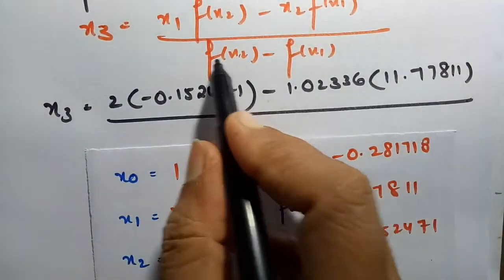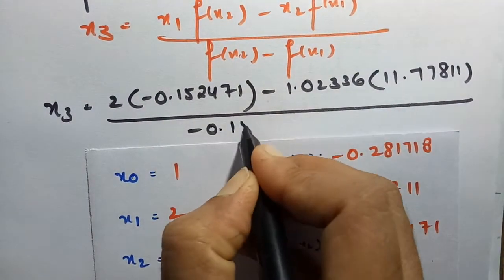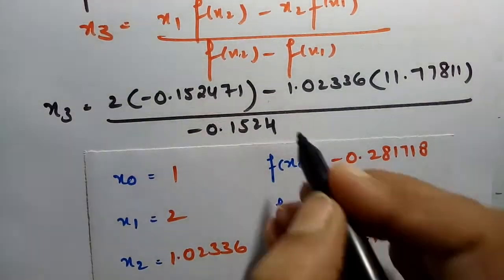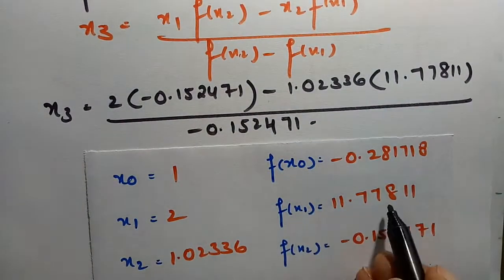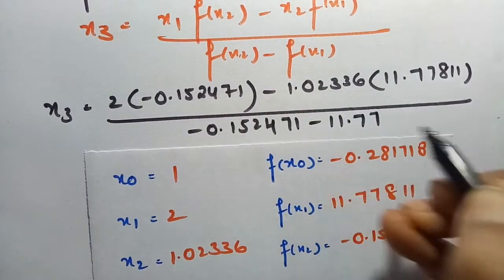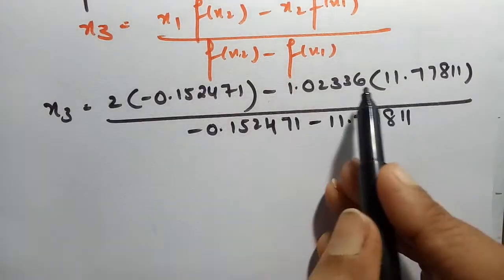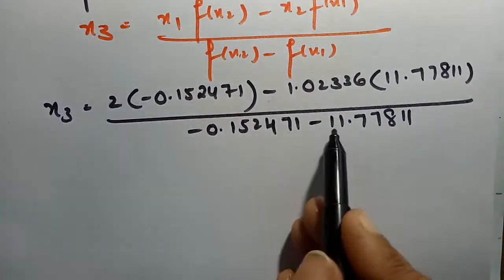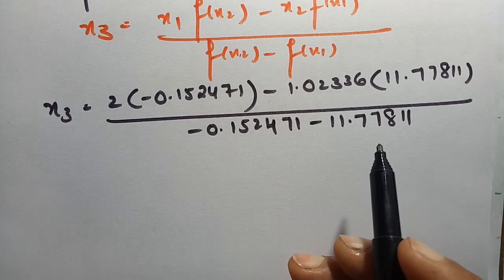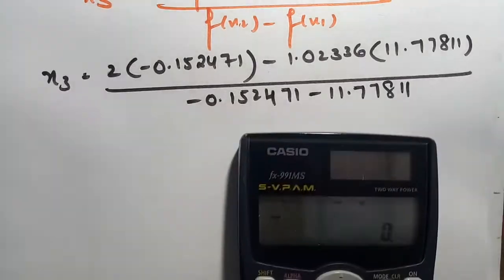So this is divided by f of x2, minus 0.152471, minus f of x1, that is minus 11.77811. So this is minus and this is minus. If I take minus in the numerator and denominator and cancel it, then x3 value will be,